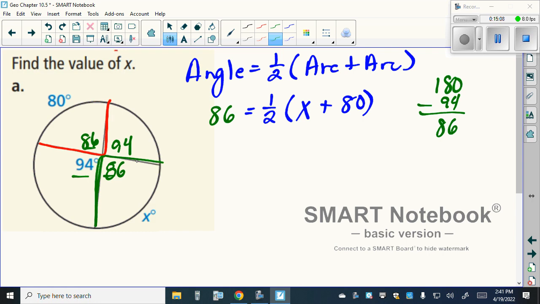Now we can solve. So what can we do first in solving? We need to get the x by itself, yes? Well, x is being stuck with this 1/2. So what we can do is multiply both sides by 2. What's 2 times 1/2? 1. So these here cancel out, leaving us with x plus